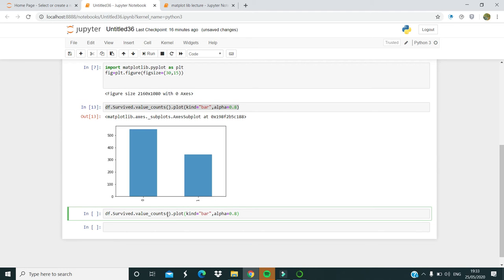Inside the value counts we have to provide one parameter that is called normalize equals to true. If I provide normalize equals to true, that means it is giving me a concrete percentage. Let's say if I run it, what will happen?